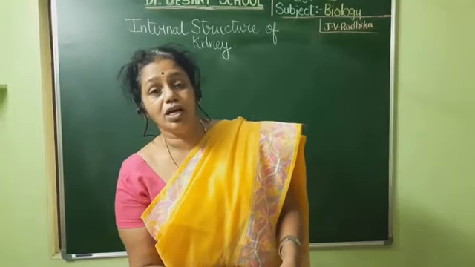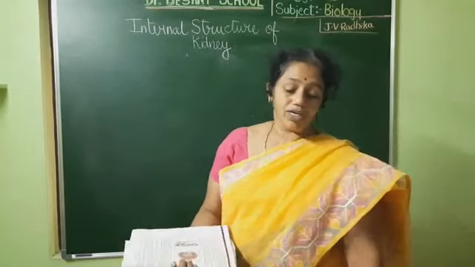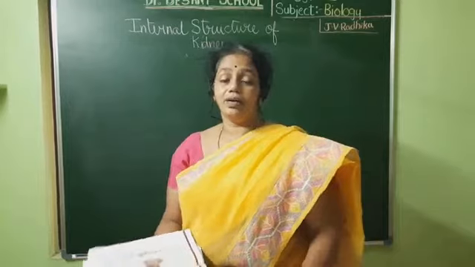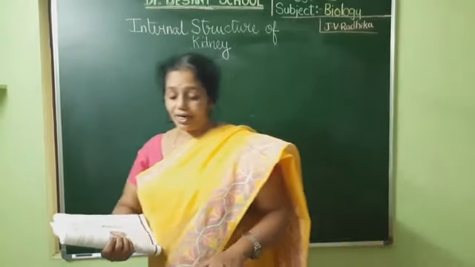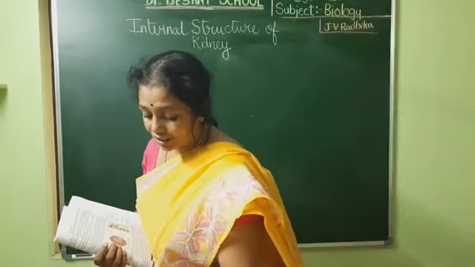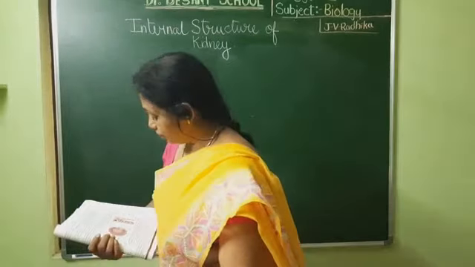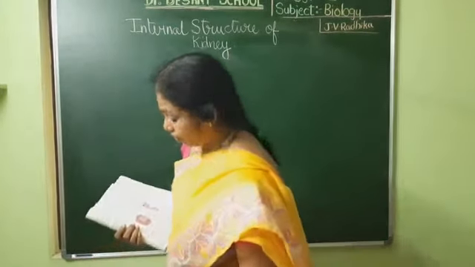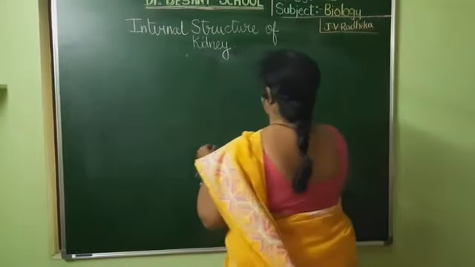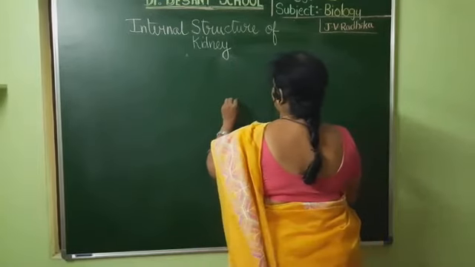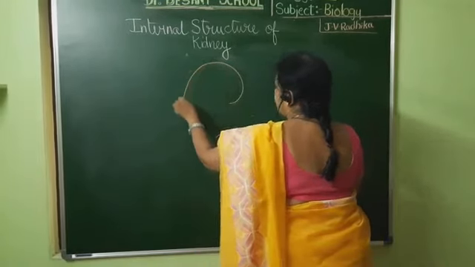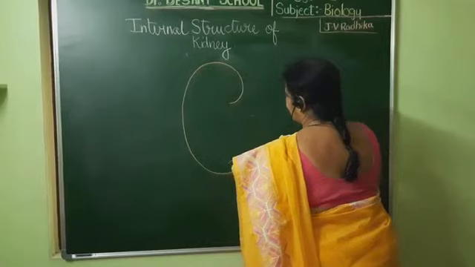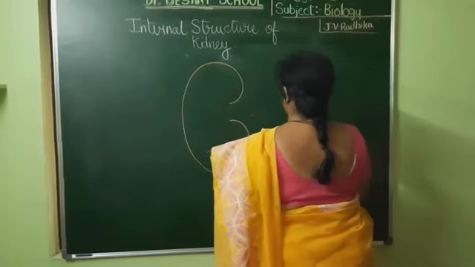You all need to draw the diagram along with me. Keep your pencil, stationery, running notes and textbook ready. Okay children, here we shall start with the diagram. The kidney, as I said, is bean shaped, dark colored, and we see that the outer part is darker than the inner part. So here I have drawn the kidney.